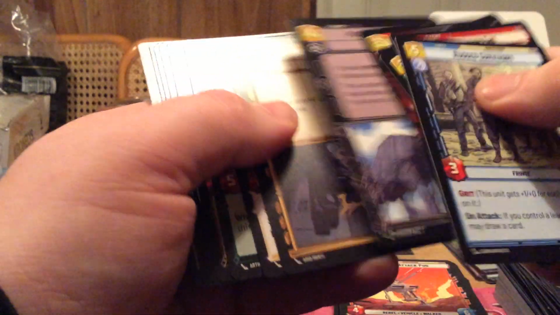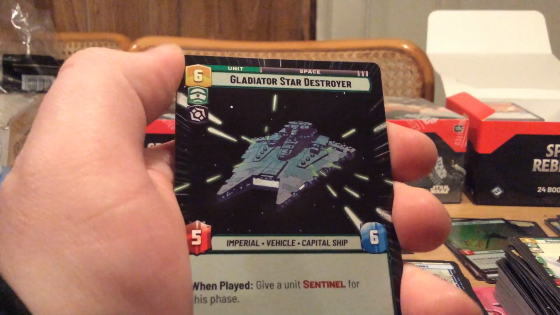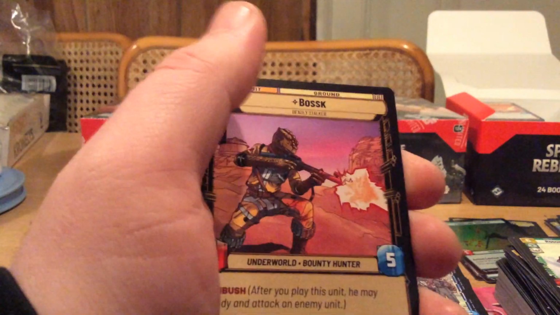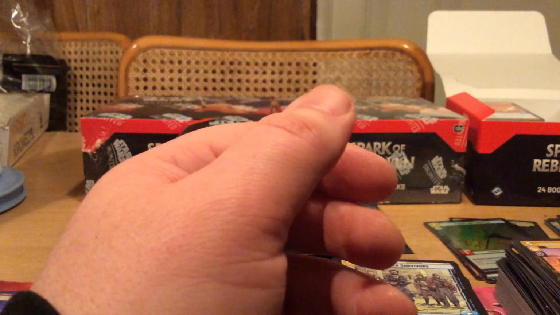And so yeah, I'm like 1 for... We're not done yet, so this one could have 1. So we have a Gladiator Star Destroyer. I have the rest of this box, and then the 2 boxes there are kind of like my only hope, if you know what I mean. We have Fallen Lightsaber, we have Java Scavenger, because